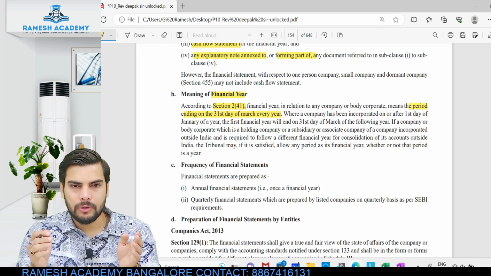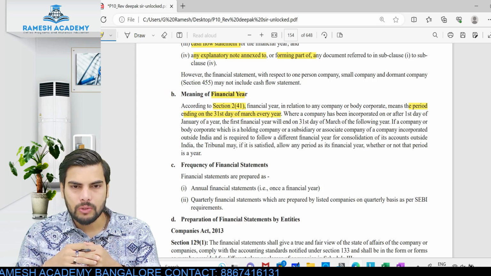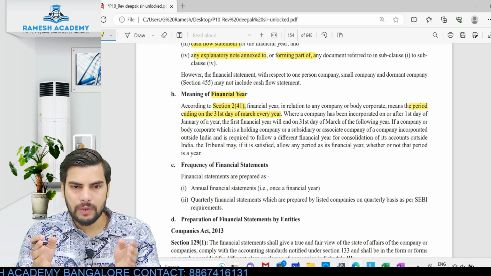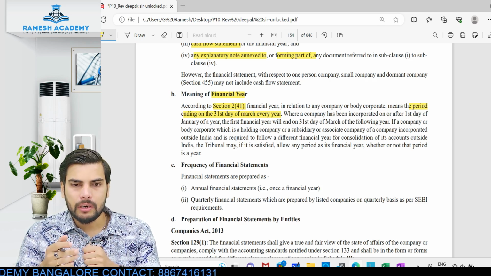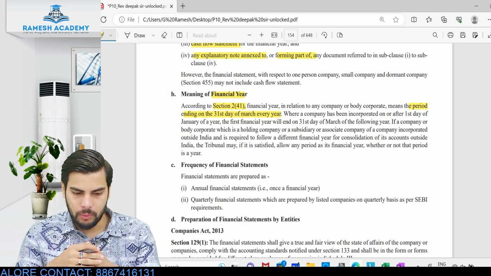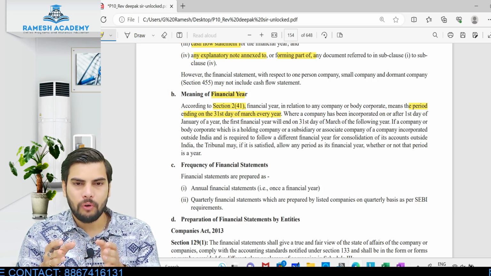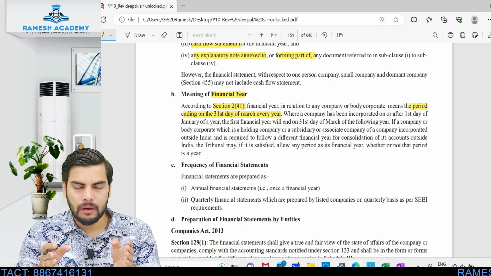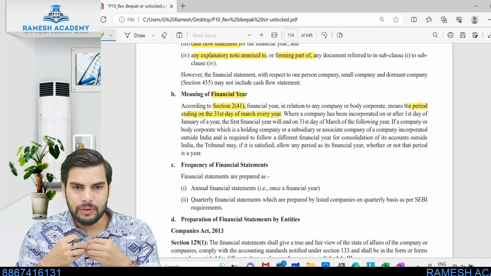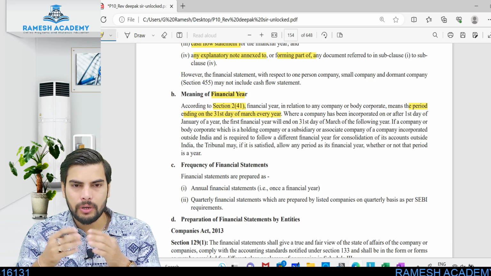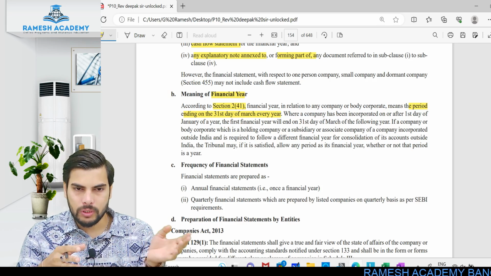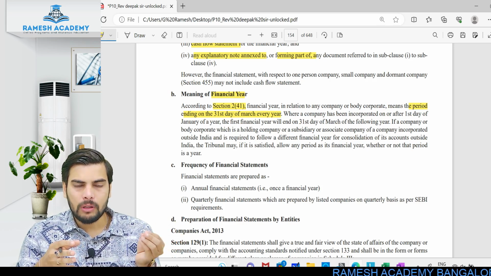Okay, so 1st April 2022 to 31st March 2023 would be considered as financial year 22-23. But when it comes to foreign countries, they'll be having their own financial year. Okay, suppose when it comes to USA, they'll be following Jan to December approach. Clear? If at all there is any subsidiary company, associate company or holding company of a company which is incorporated outside India, okay, and for the purpose of preparing the